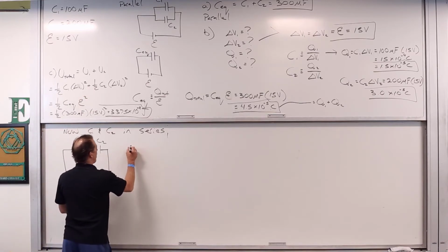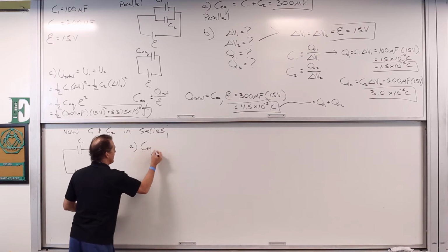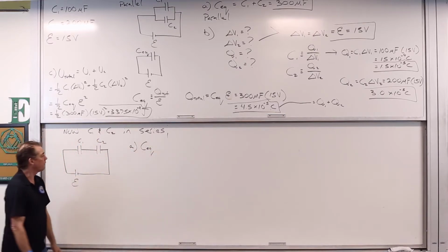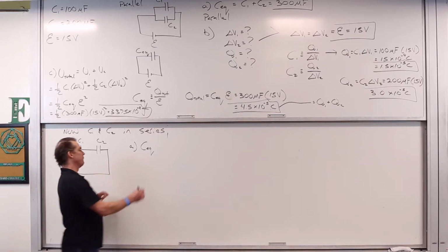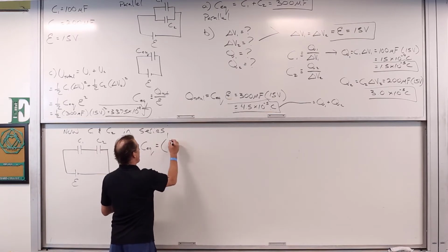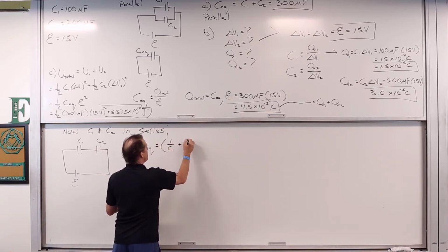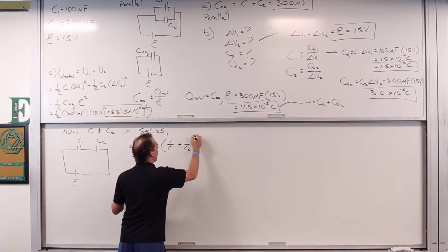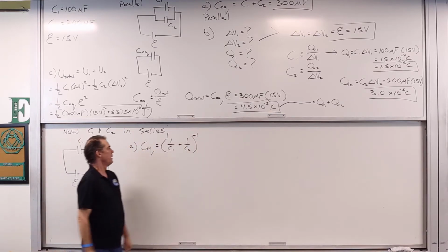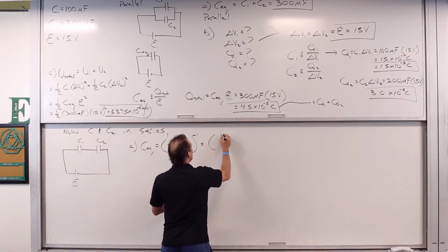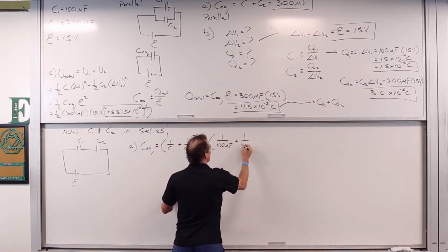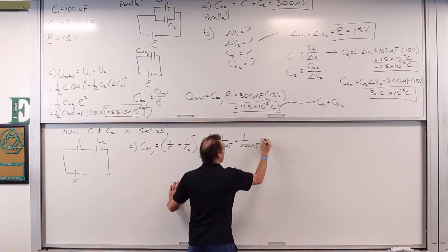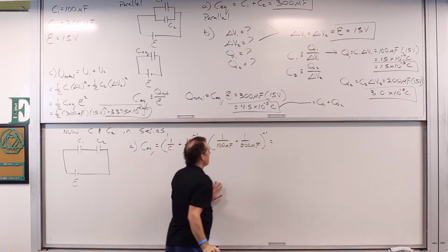What do we got? Well, part A again, we want to know what is CEQ. How do we figure out the equivalent capacitance of a system that involves capacitors that are in series? Well, this is the inverse of the sum of the inverses. So we've got two capacitors, so we'll have 1 divided by C1 plus 1 divided by C2 quantity to the negative 1, which will then be equal to 1 divided by 100 microfarads plus 1 divided by 200 microfarads to the negative 1,